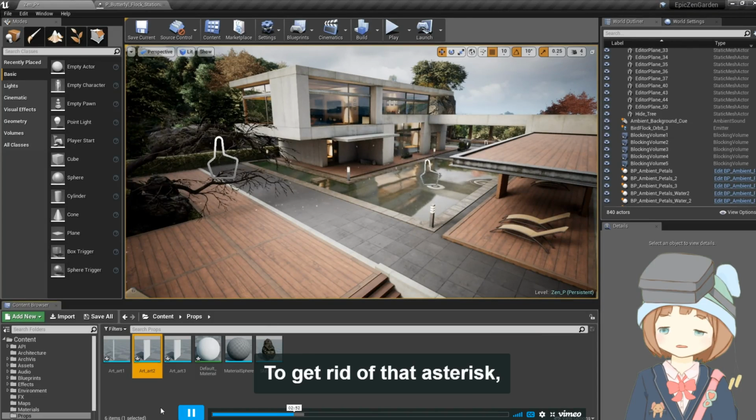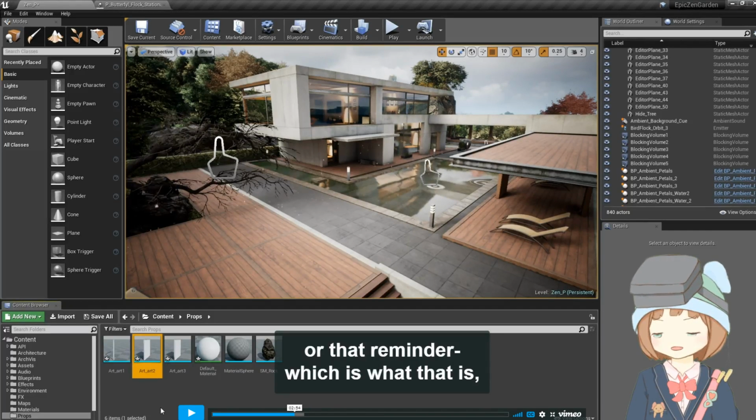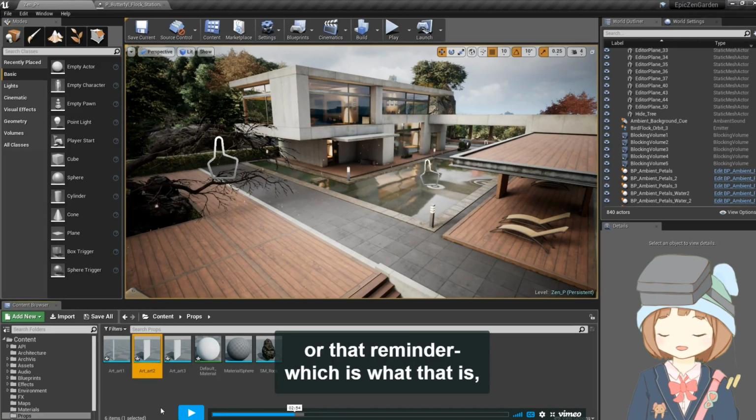Now, to get rid of that asterisk there, or that reminder, which is what that is, we can